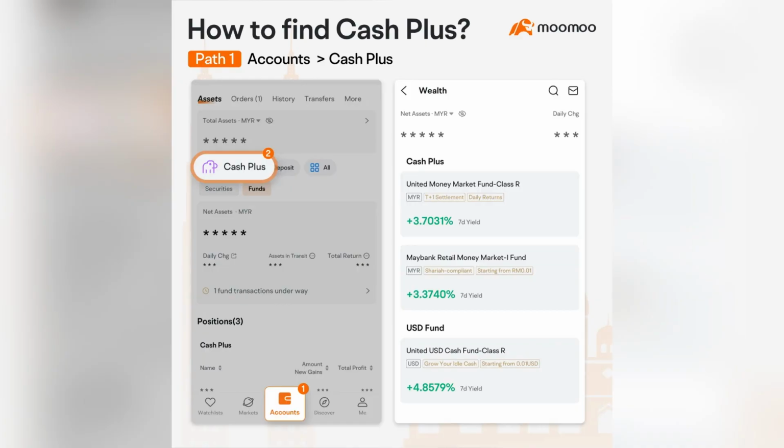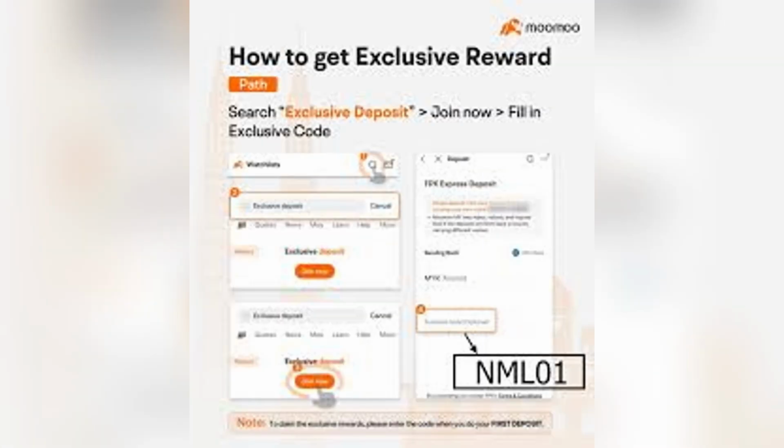Once both of these are set up, your account will handle dividends and idle cash automatically. Dividends will go back into buying more shares, and your unused cash will be working for you in the background, and that's it. Now you've set up dividend reinvestment and streaming cash in Moomoo. This is a great way to make your portfolio more efficient and let compounding do its work over time without